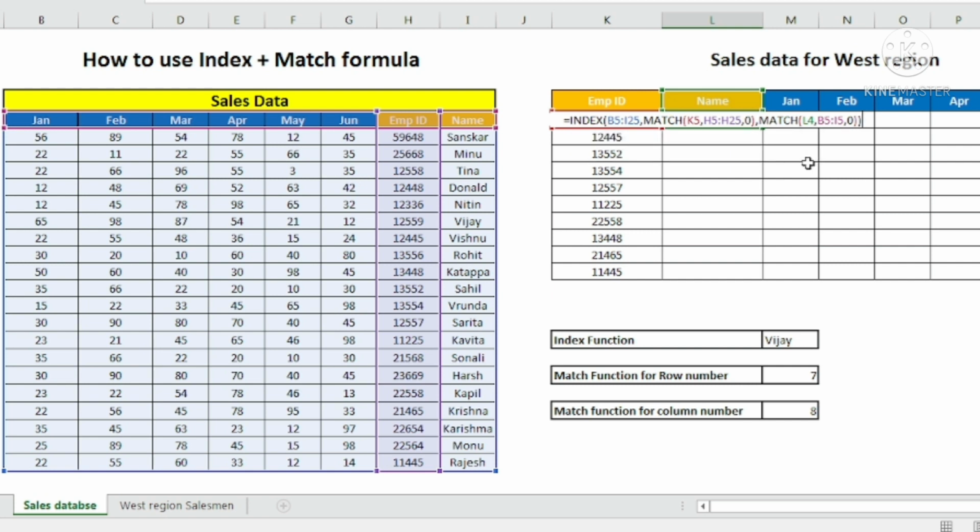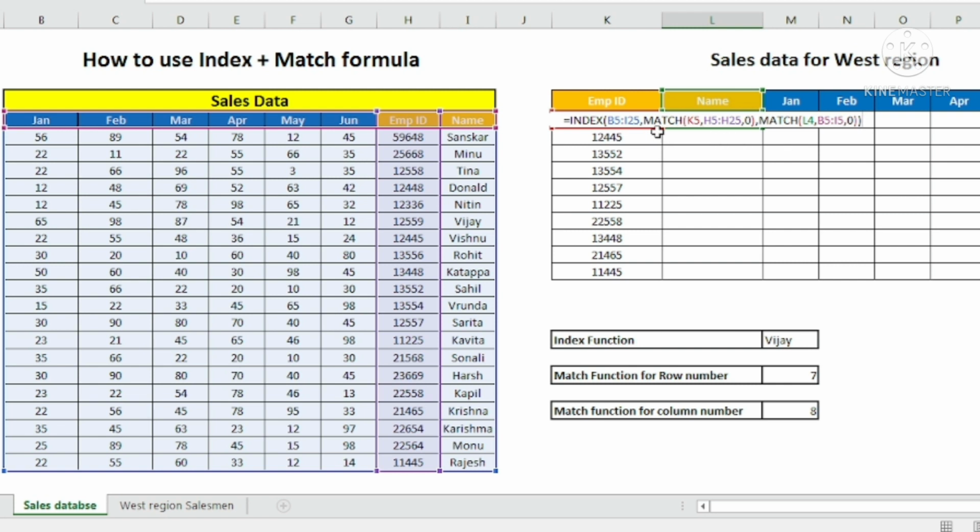Now look here again, what we have given in the index function along with match. How do we use that? So we have started with index. For the index function, we have given the array, which is this table, this master database, then comma. The index function asked me the row number and column number.